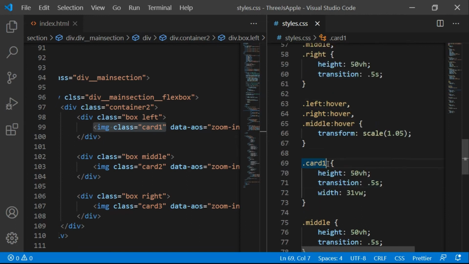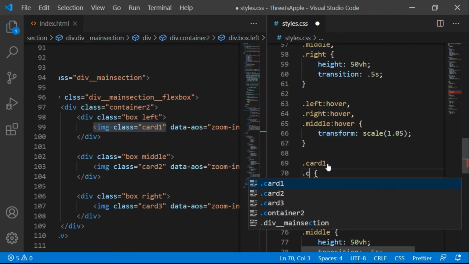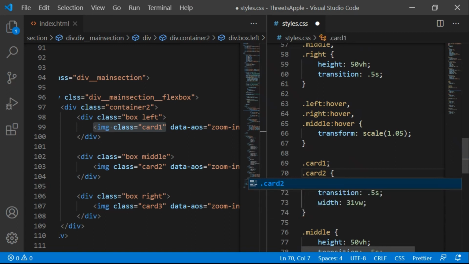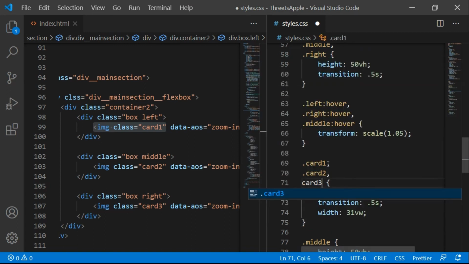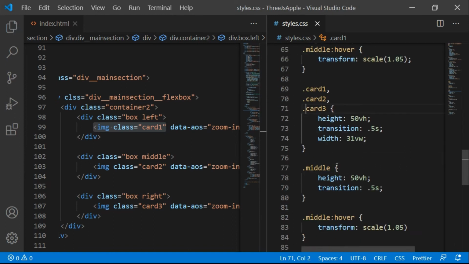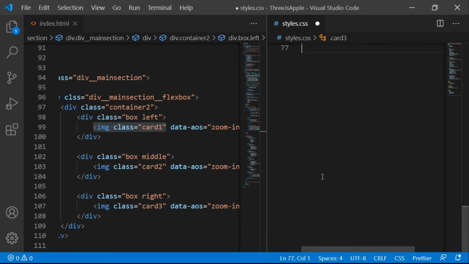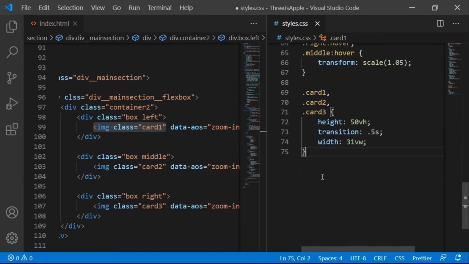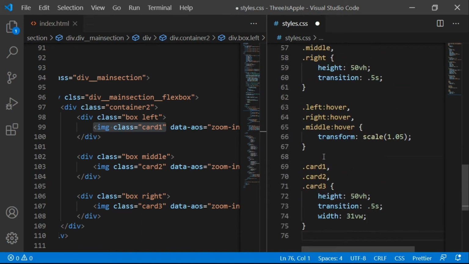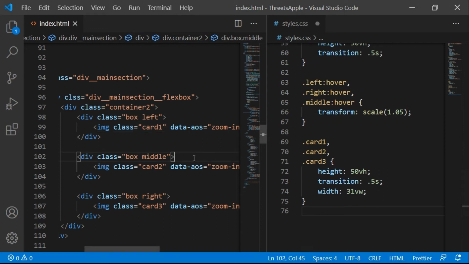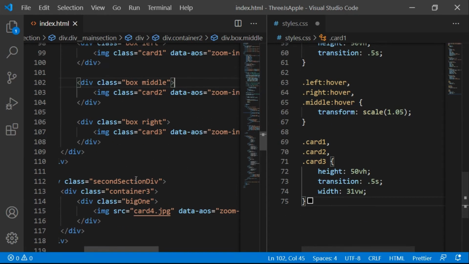So we got this card 1. We can do the same here, which is we are gonna make it card 2, comma card 3. Okay, and this is the middle here. So simply we're gonna delete all this, cause look, we just use 10 lines of code instead of using 50 lines of code. So this is what efficiency is. So you need to make sure you write your code in this way.